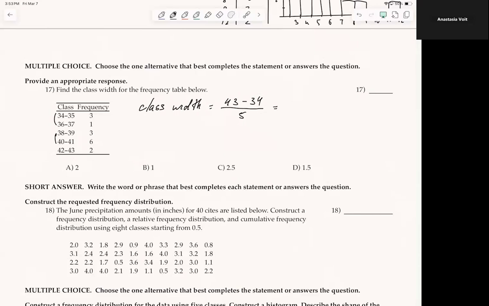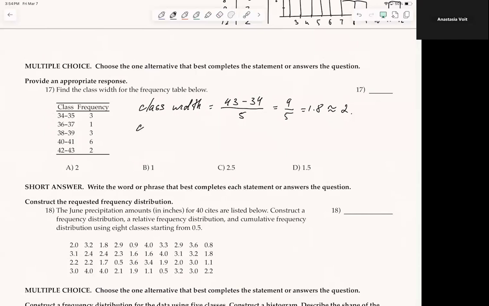It's going to be 9 divided by 5, which is 1.8, right? So in this case, we can just round up to 2, and this would be the class width in this case. Another way you can analyze the frequency table is